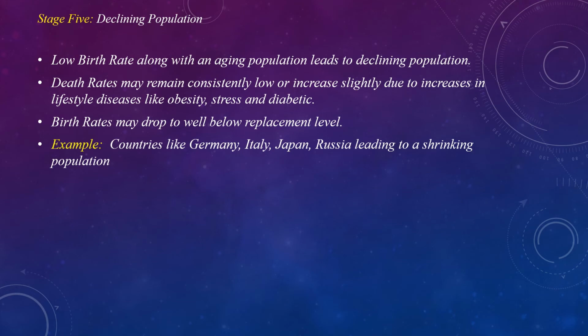आप यहाँ समझ सकते हैं कि इन सब कंट्रीज में जो पॉपुलेशन है वो श्रिंक कर रही है. क्यों? क्योंकि मेडिकल फैसिलिटीज बहुत ज़्यादा बढ़ गई है और जो डेथ रेट है वो बिल्कुल ही नेग्लिजिबल है. लेकिन इलनेस जो सोसाइटीज के अंदर है वो बहुत बढ़ गई है, जैसे ओबेसिटी, स्ट्रेस, डायबिटीज. और जो बर्थ रेट है वो डेथ रेट से भी नीचे आ गया. यहाँ पर नए जन्म नहीं हो रहे हैं, लेकिन ओल्ड एज पीपल की जो पॉपुलेशन है वो इन कंट्रीज में बहुत ज़्यादा है. सो